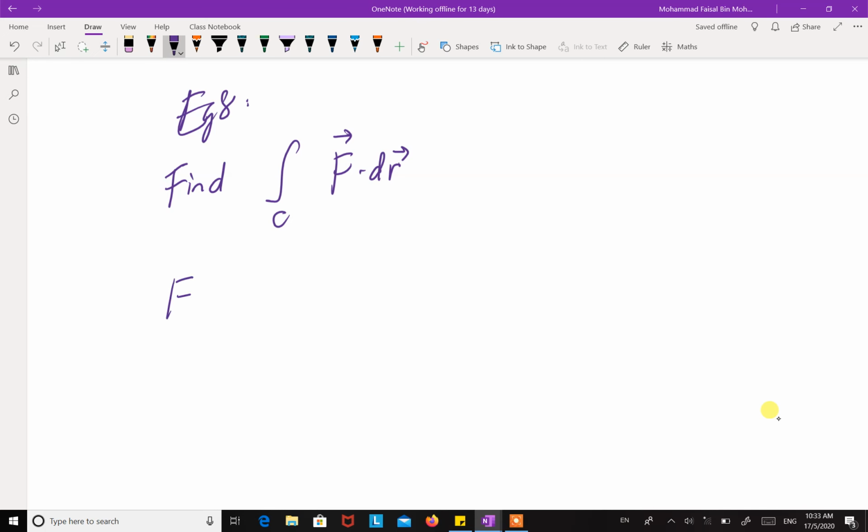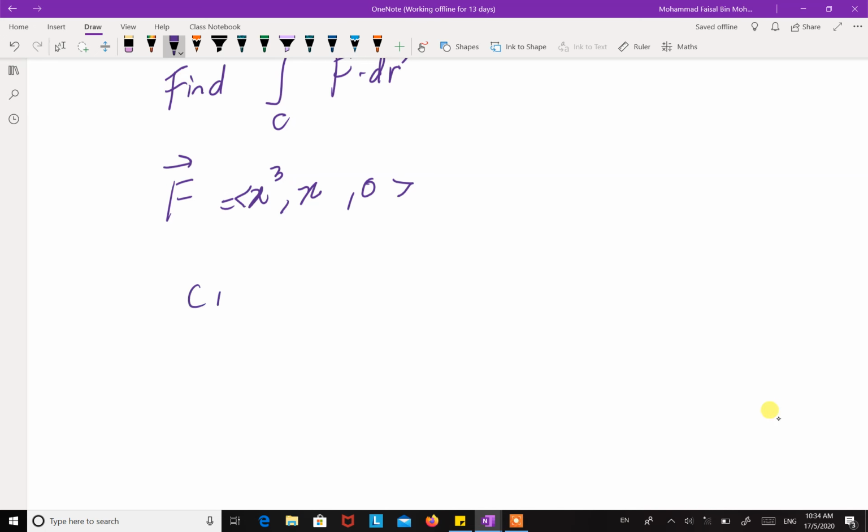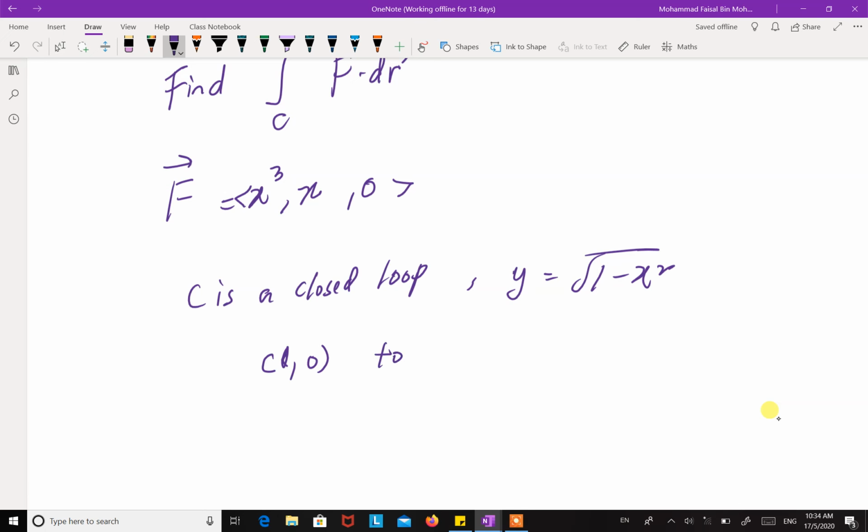If F is x cubed i plus x j, and C is the closed loop formed by the semicircle y equals square root of 1 minus x squared from (1, 0) to (-1, 0),